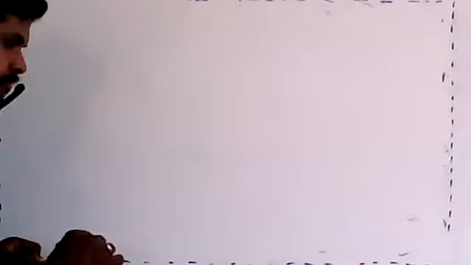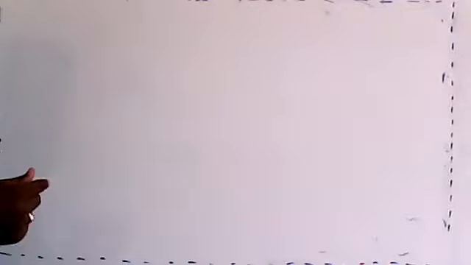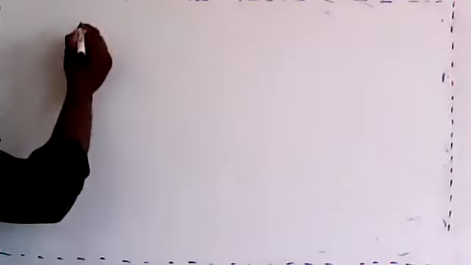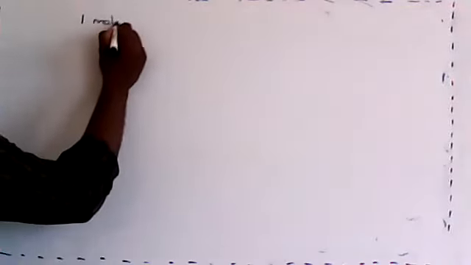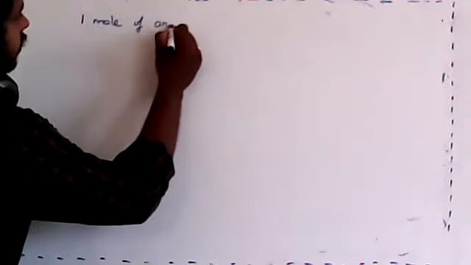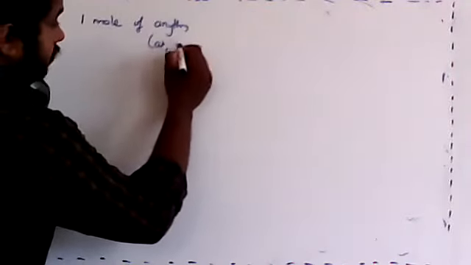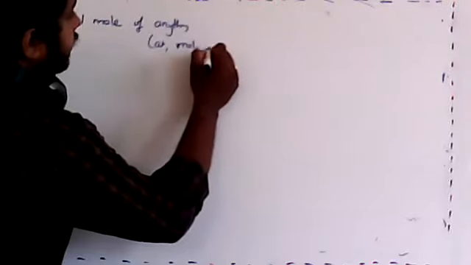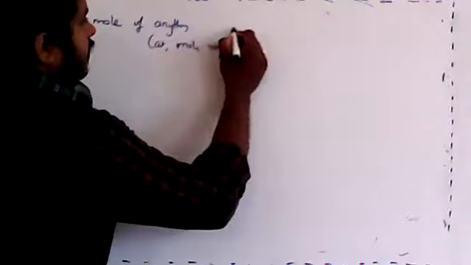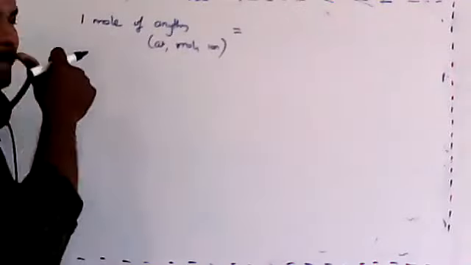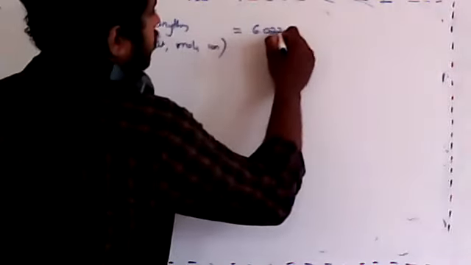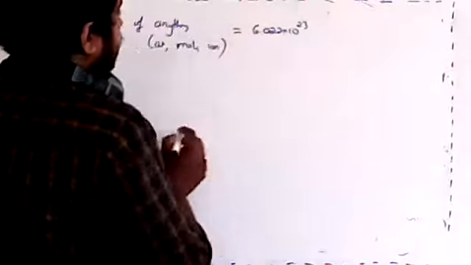Okay, dear students, what we have seen in the last class is about the relation between the mole and number and the relation between the mole and the mass. So what we have seen here is when you take exactly 1 mole of anything, it could be an atom, a molecule, or any ion also. Whenever you are talking about 1 mole, always remember that 1 mole is equal to 6.022 into 10 to the power 23. It could be anything.